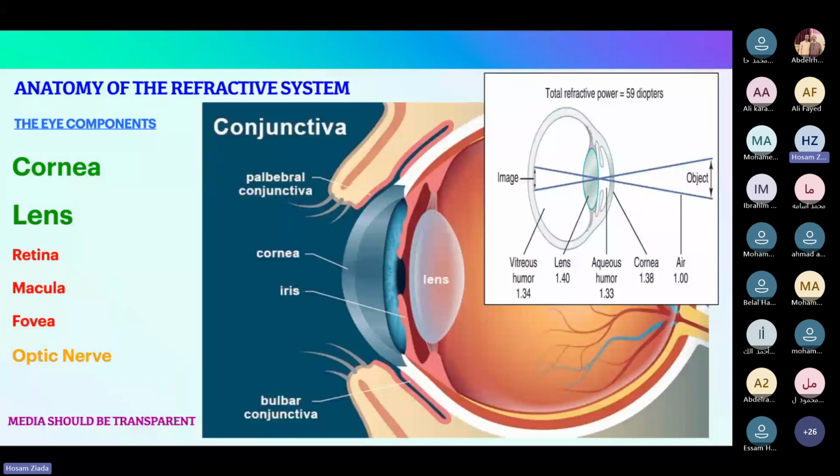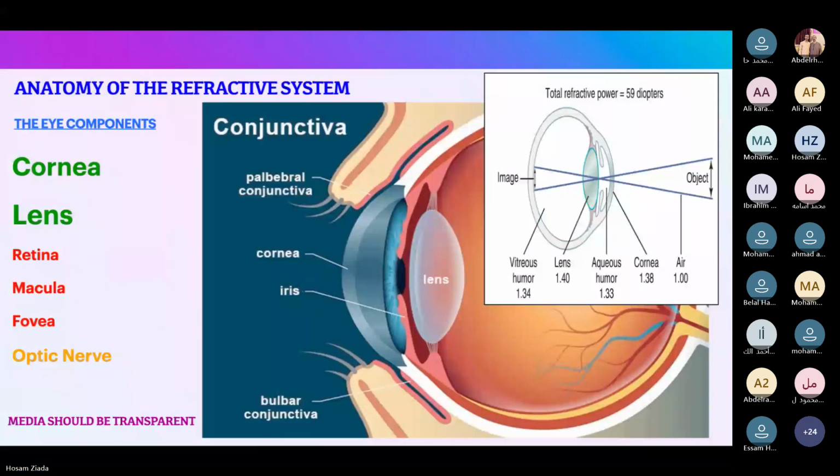But you will find that the light rays are changed while they are passing through the water. If you look at an object in the water from outside, you will find that this object is somewhat closer and somewhat tilted, because the refraction of the light is different in the water than in the air. So we'll find that the image is different when the object is put inside the water, because the aqueous humor, which is equal to that of the water, is